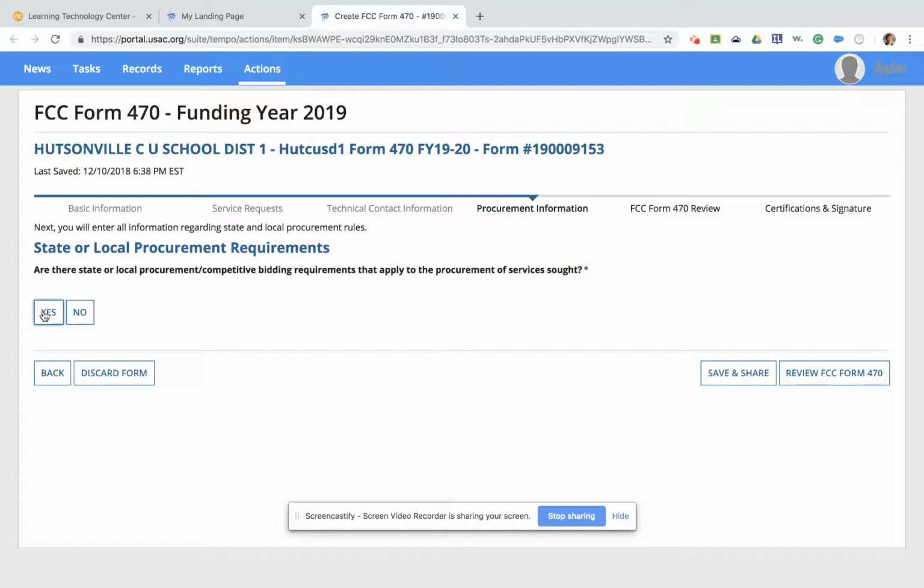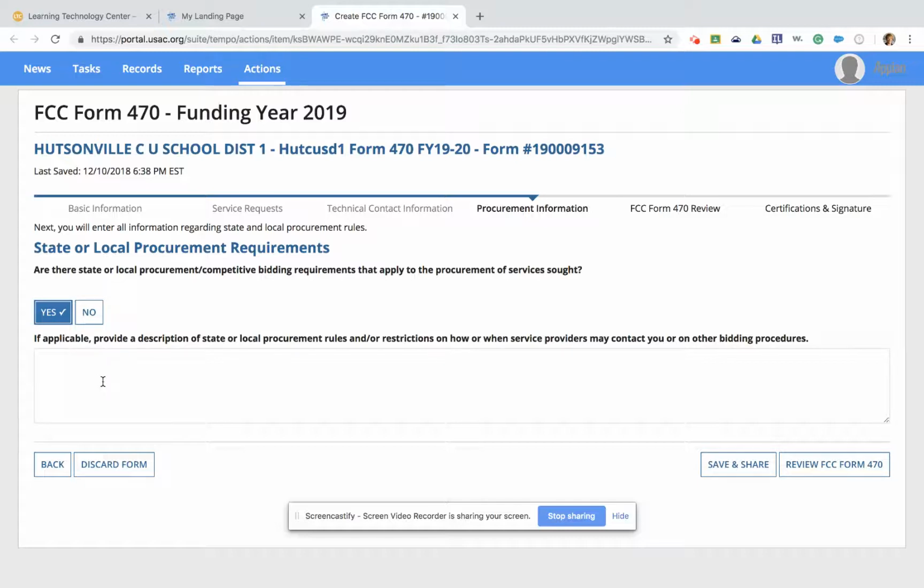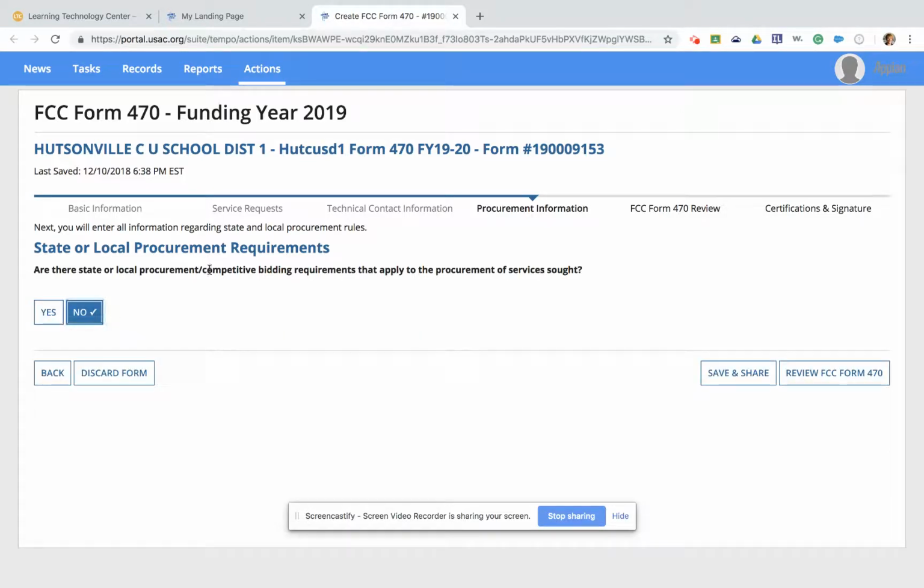But if it makes you feel better, you can say yes and then enter those local procurement requirements. Definitely, if you are aware that your district has specific requirements to meet, you would want to say yes here and enter that information down here in the narrative. So we're going to say no here on Julie's, and just want to make a note here,